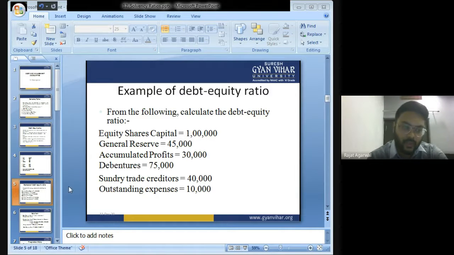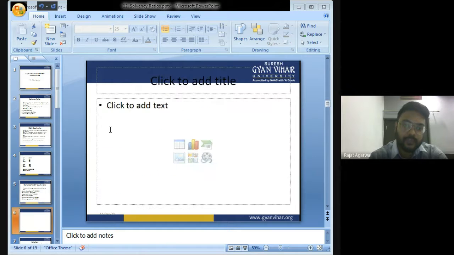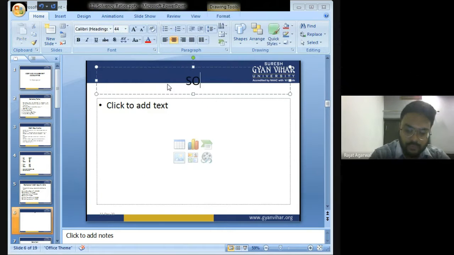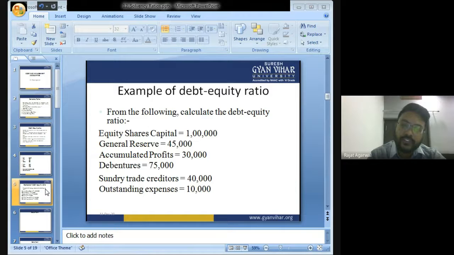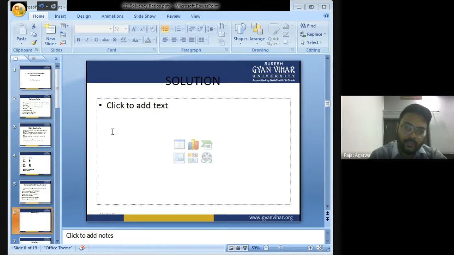Okay, so let's start with the solution. Bacho, I already told you how you are going to attempt the practical illustrations in exam. First of all, you see what the question is saying. The question is saying to calculate debt equity ratio. So first we will write